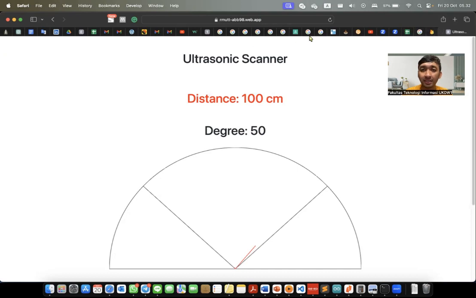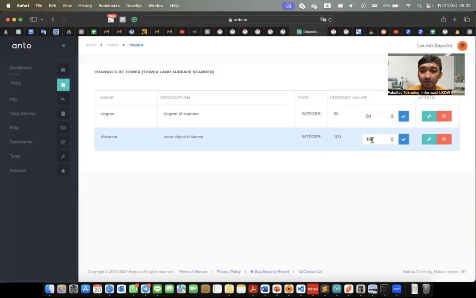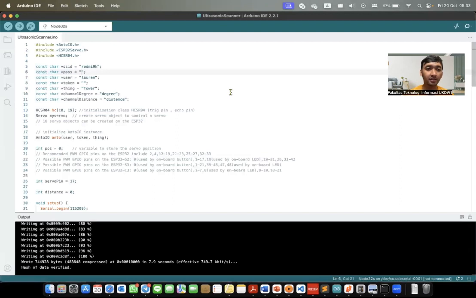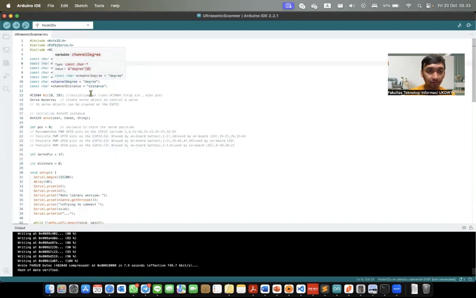But if we set the distance to 150, the green line is drawn. The website will draw the green line here. Okay, so for the last code, we should make the Arduino code.